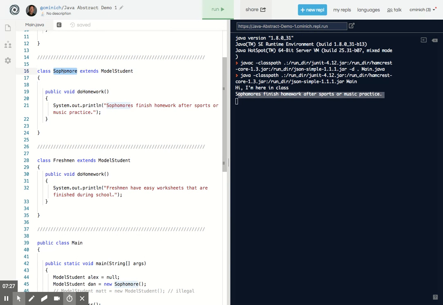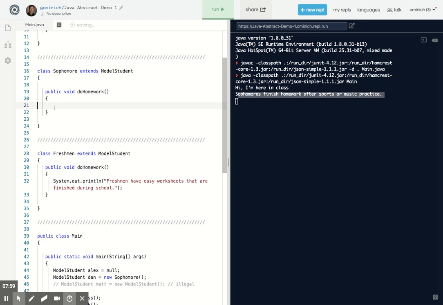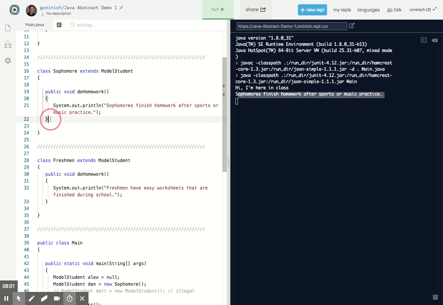Because the Sophomore class that you see here extends the abstract class ModelStudent, we would say that Sophomore is a child class of ModelStudent because of the keyword extends. We studied that earlier with inheritance. But because ModelStudent is abstract, it's a requirement that the Sophomore class, somewhere in it, implements doHomework. And if it doesn't, if it were to kick the can down the road a little bit and not put any code there, such as this,